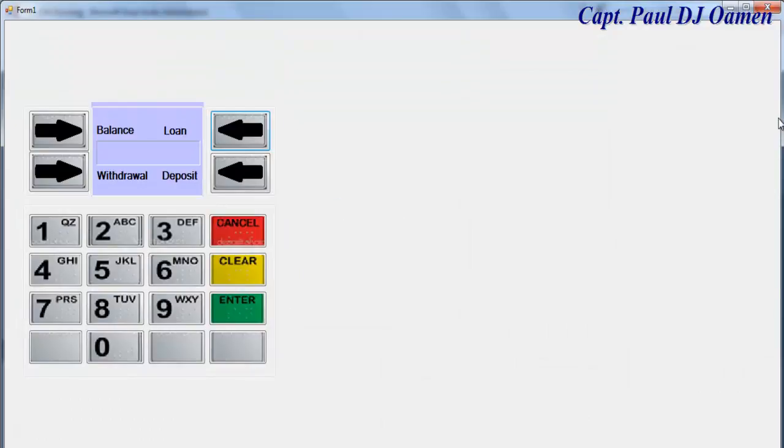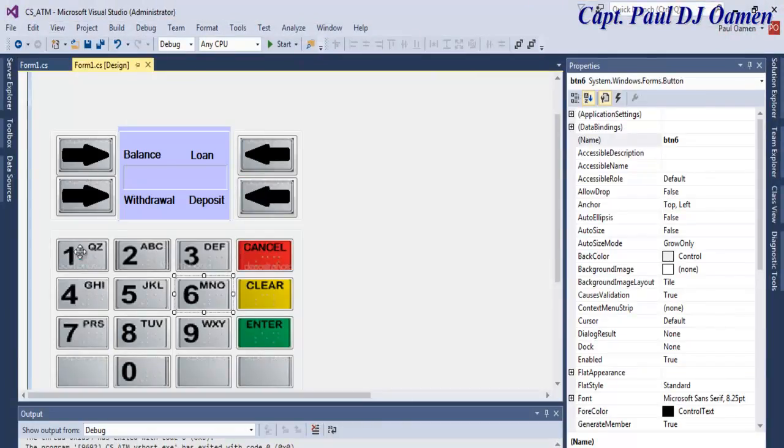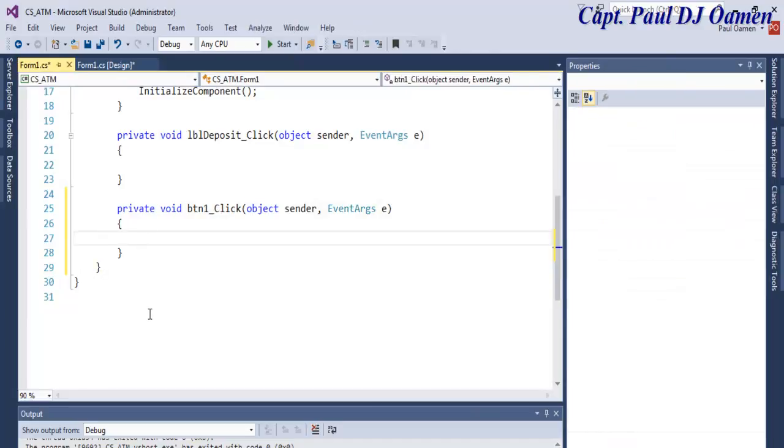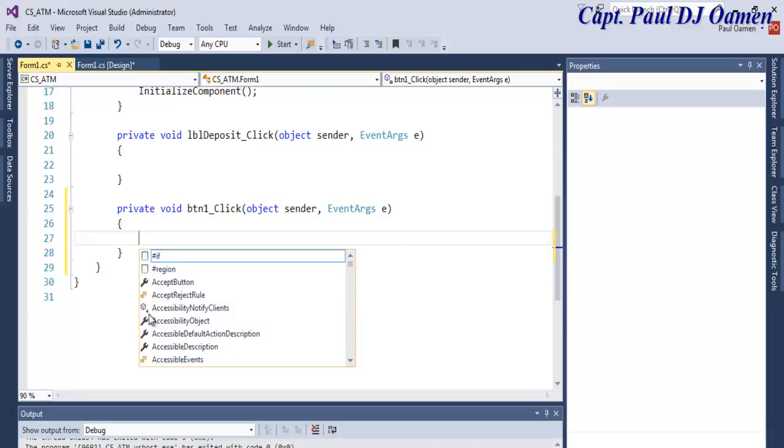I don't know, maybe I'm going to have to add one or two more things here, or maybe just convert it to something else, but let's go ahead and see. So let's double click on this, get the name of this, that's a pin. Double click on one, so that is going to become, let's say, LBL